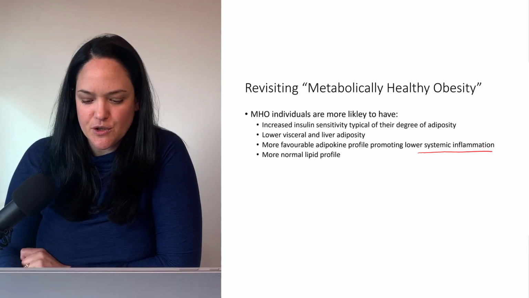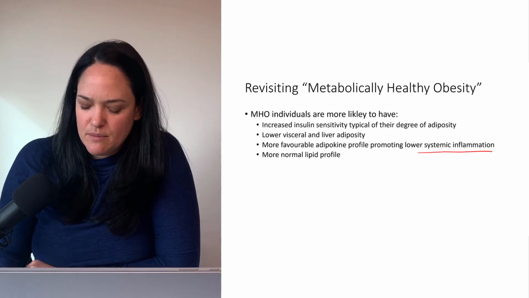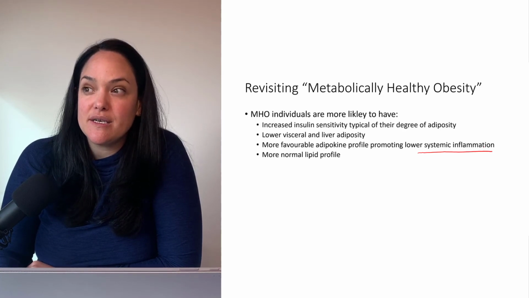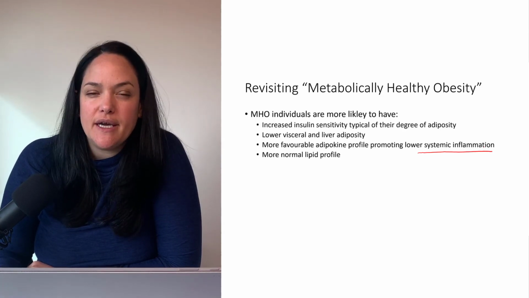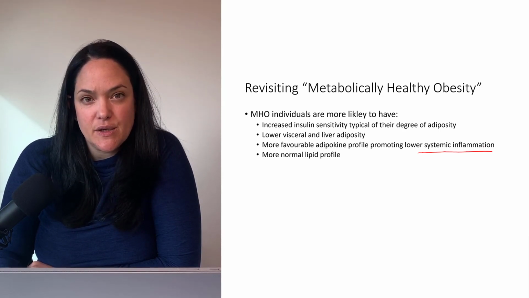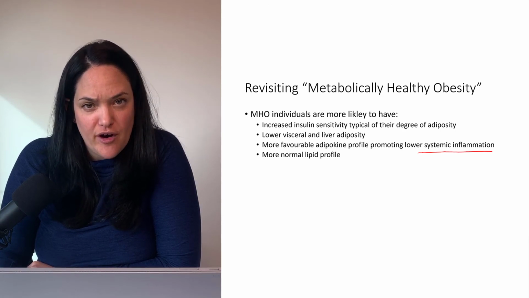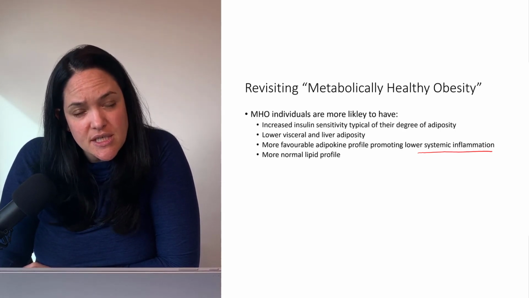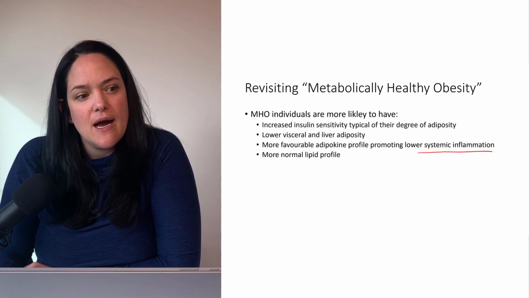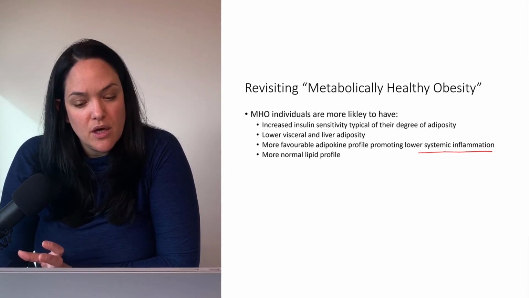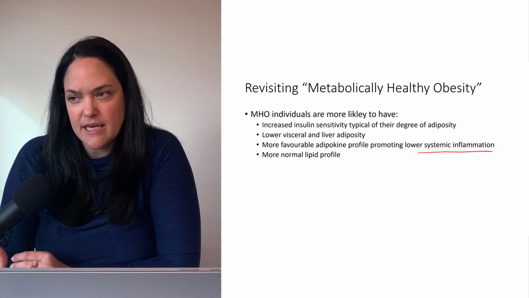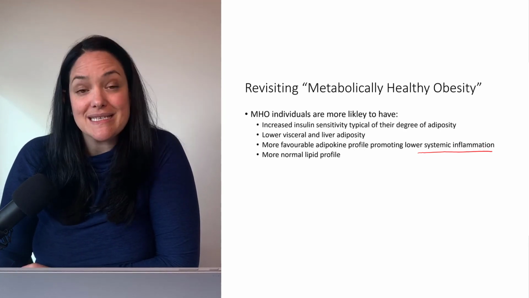But there might be a number of factors that are promoting this more metabolically healthy profile that goes beyond just the change in adipokine secretion. So again, giving some more emphasis on how important it is to look beyond BMI when we're dealing with individuals with obesity, because not everyone with obesity necessarily has a metabolically unhealthy profile. And that's why the Edmonton staging system is often preferred in certain clinical settings, because it helps us group people not just by BMI, but by how their adiposity is affecting both their physical and in some cases mental health as well.